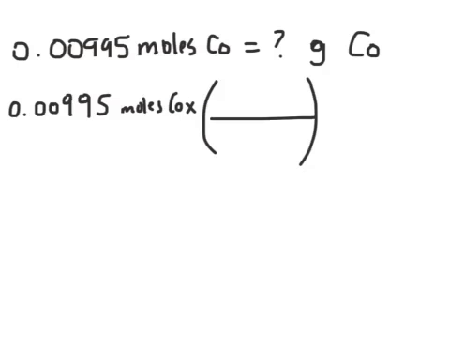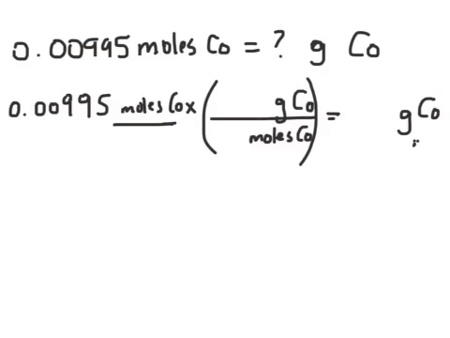Okay, we're trying to get to grams of cobalt. So remember, whatever units you want in your answer, put it here. Okay? We do not want moles of cobalt, so put those down here. Grams per moles. Look at that, grams over moles. You know that that's the molar mass. So for every 1 mole of cobalt, you look up the molar mass in the periodic table and you see that it says